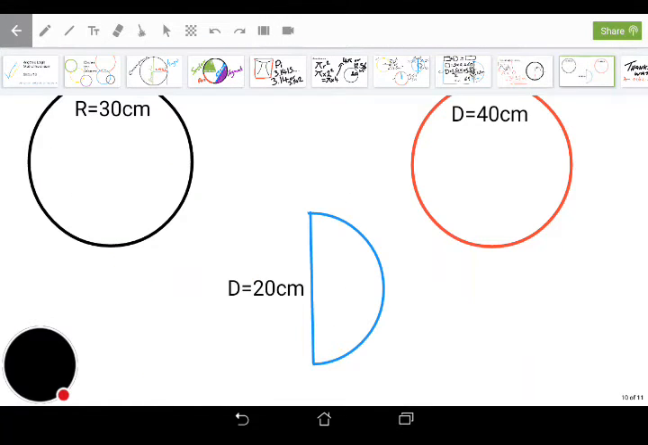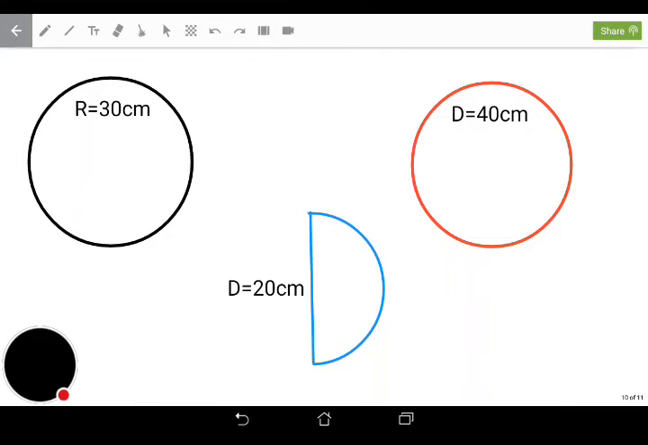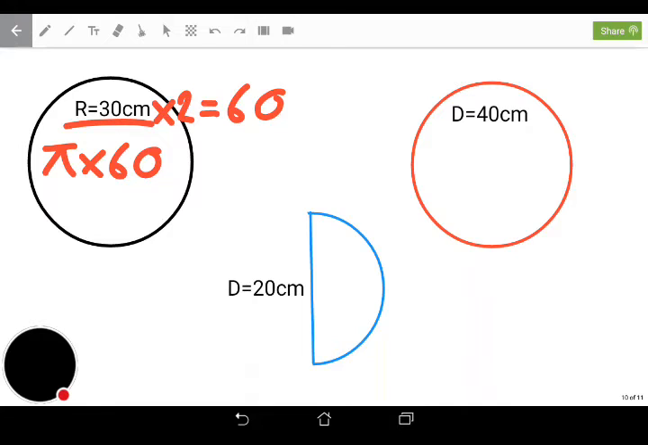There's a couple of questions here. I'm going to kind of run through these, and if you're watching on repeat, please feel free to just pause this, have a go at the questions yourself, and come back to them later on. So the radius here is 30, so again we've been given the radius. I need to double it, which gives me 60. So I then do pi times by 60, and that would give me the circumference